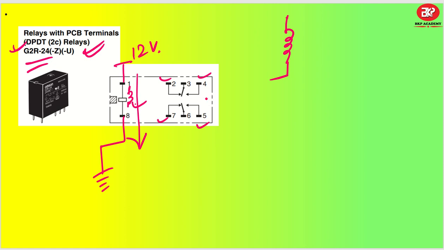Okay. So this pin number 3 is right now connected to pin number 2. As soon as this power supply is there and it gets grounded, it means this coil got excited and it will throw this pole to here. Okay. So pin number 4 will get connected. Understood? And the same way pin number 6 will get connected to pin number 5. So this will disconnect. Understood? So this is the main working principle.